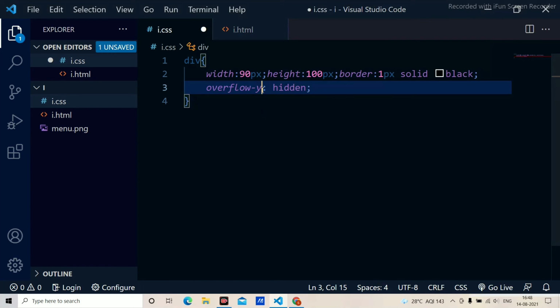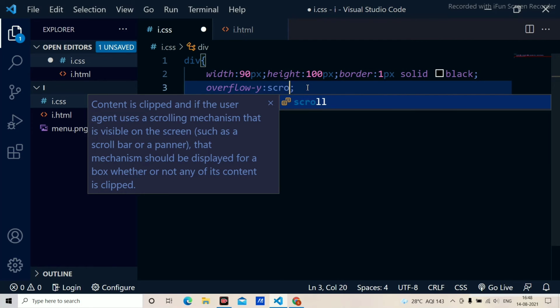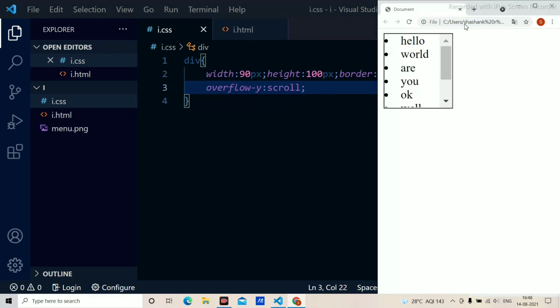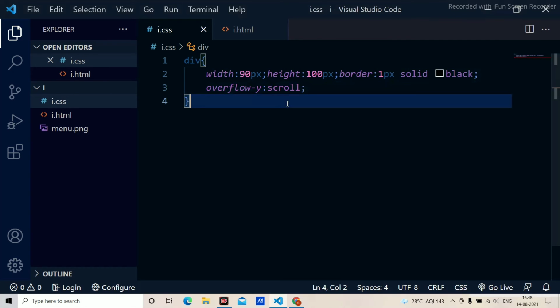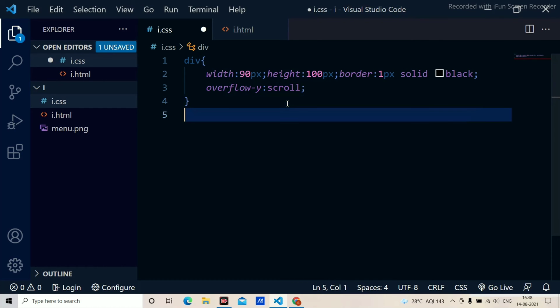Also, we can use overflow y equal to scroll for the same effect. When I use overflow y equal to scroll and I reload the page, we can scroll the y-axis. This is how we use overflow x hidden and overflow y scroll for the vertical scrolling.